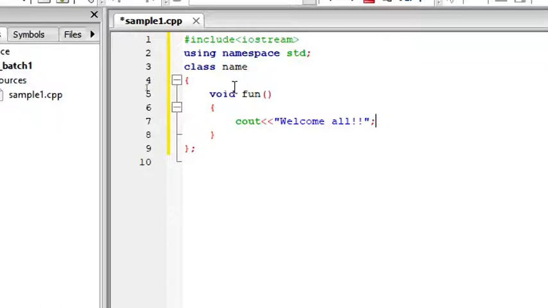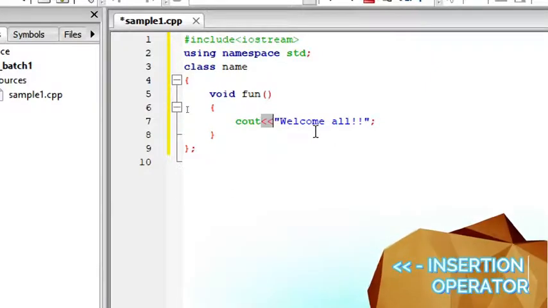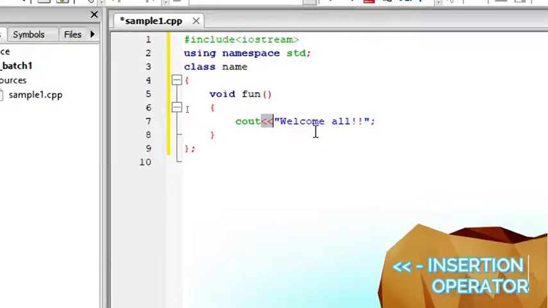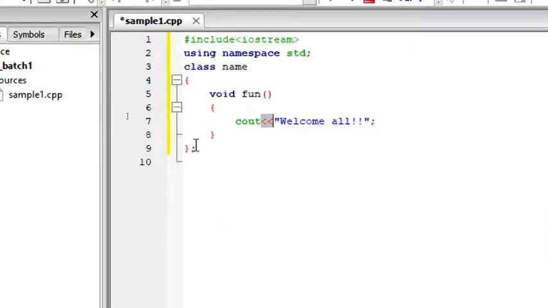So we have created a class, and this is my class name, and inside the class I have created a function. I'm giving a return type. It is a must, you have to give a return type. I'm giving void, and this is my function name fun, and this is a symbol representing a function. Open the curly brace. Inside the curly brace you give what you want. Here we are going to print a string, so I'm giving cout, and this is a symbol you have to use for cout, backward symbol, and I'm giving the string welcome all. So this should be printed in the output screen. I'm not going to call this function inside the class. We can't do that. We have to call it only using the main function.